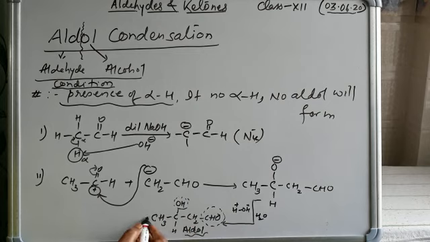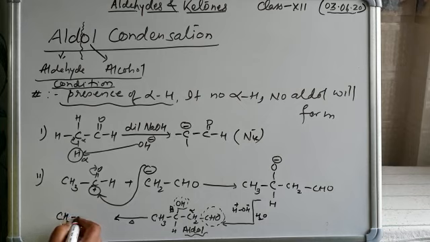What happens again? If we heat this compound slightly, there will be removal of water, where H plus is removed from the alpha carbon. So water is removed from the alpha beta position. This is the alpha and this is the beta. Hydrogen from alpha carbon, meaning alpha hydrogen, and OH from beta. So when we heat this compound, the water molecule is removed from the alpha beta position, and there is formation of